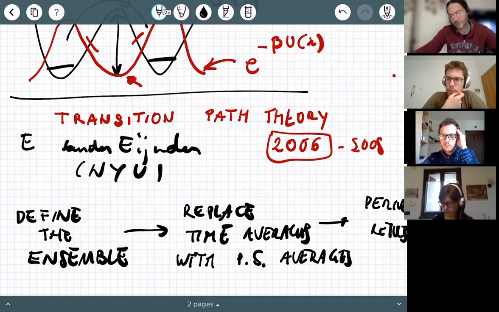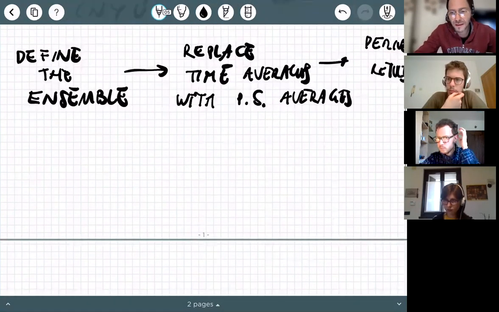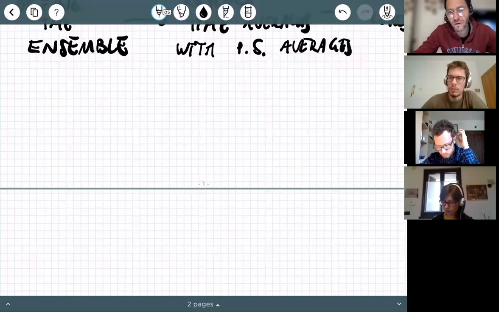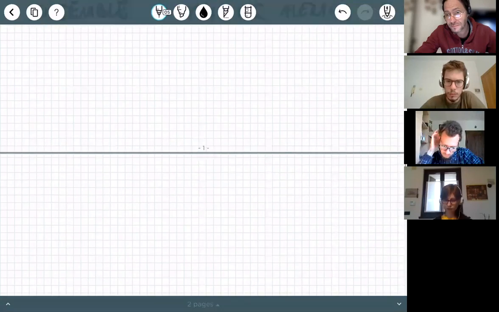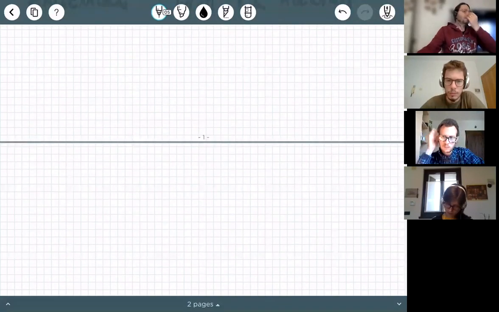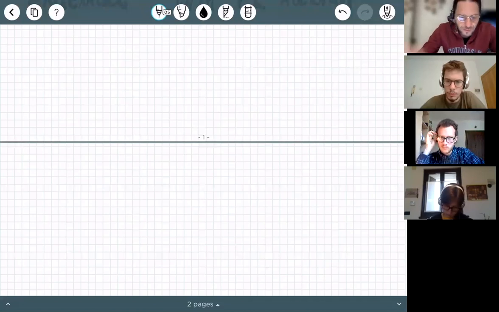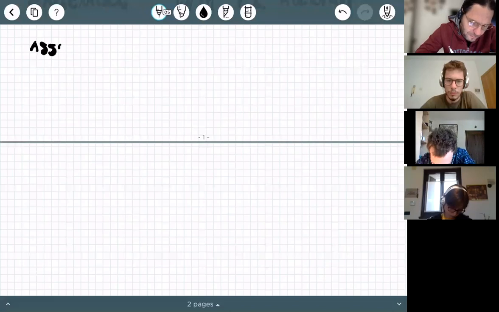Now we can do the same from transition path theory, and the result will be surprising because we will recover some formulas that have many resemblances to those of equilibrium theory, but with corrections here and there that take into account the fact that we are looking at non-equilibrium processes. Okay. So let me start from scratch. And to start from scratch, let's define the transition path ensemble. So let's make some general assumptions to begin with.